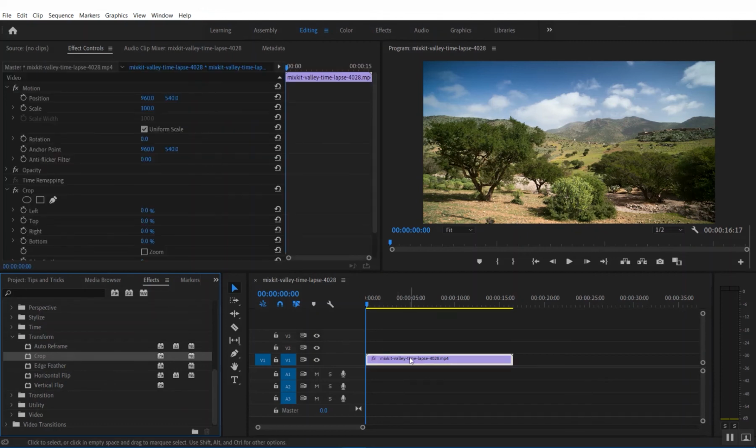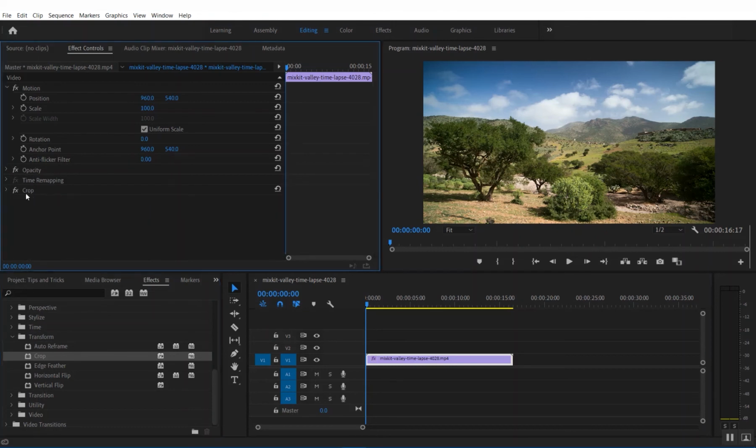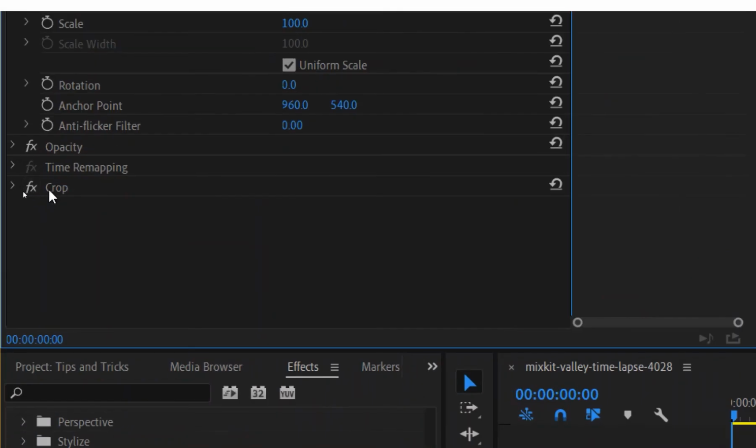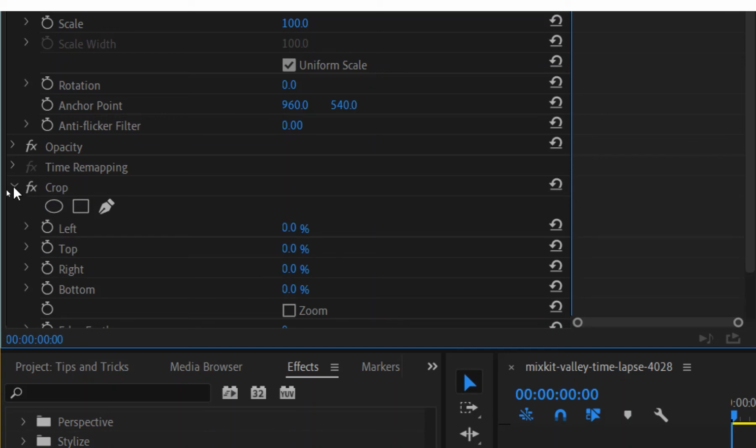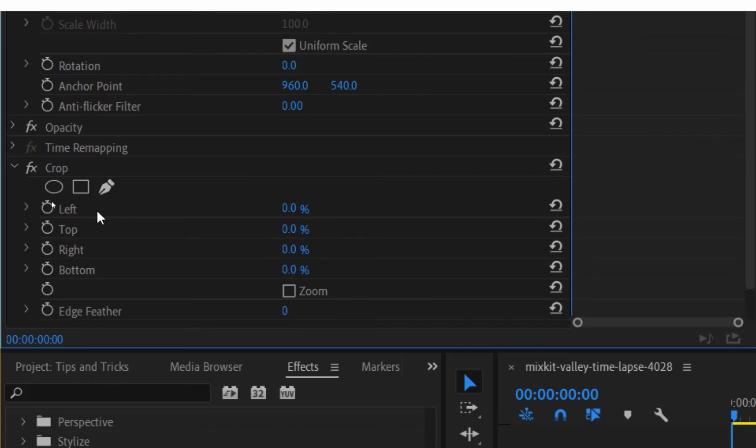Once you drag it, you will notice that in the effects panel there is now an option available with the name of crop. If I zoom in, we can see the option of crop. We can click here and have the option to crop from left, top, right and bottom.